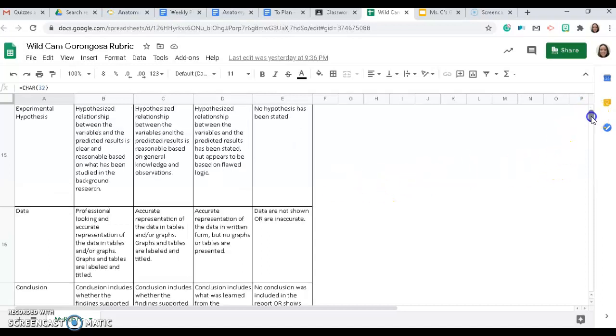Your data. It's going to be really easy to get your data in there. All you need to do is just copy paste the graph that we made together in class from your Google Sheets. You want to make sure that includes titles, axis labels,